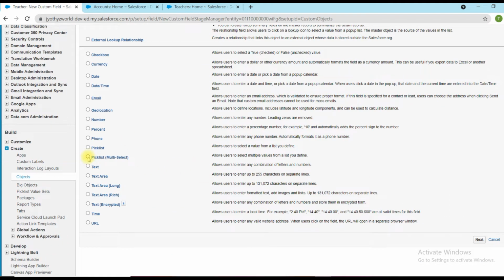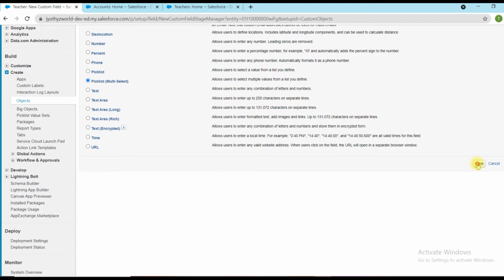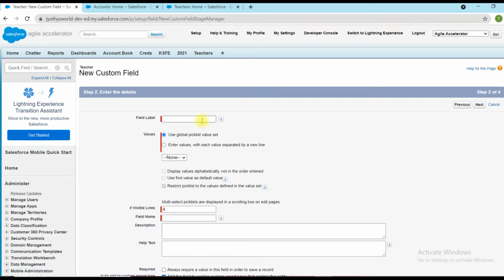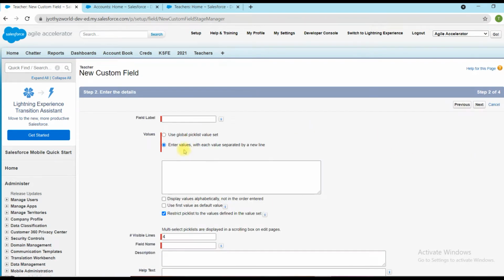For that case I'm providing a multi-select pick list. Some teachers are able to take multiple subjects, that's why. So here I'm providing subject: maths, physics, chem.